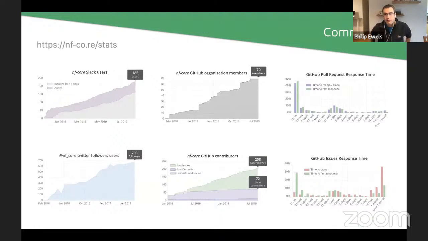Key really to NF Core, if you're going to remember anything about NF Core, is the community. The pipelines are great, but what makes NF Core really special is the community. These figures are quite out of date now, but the trends of the plots give you an idea that since we started, I think we came up with the NF Core name in about the start of 2018, sometime around then. So not been around for very long, but it's been a pretty linear growth of the